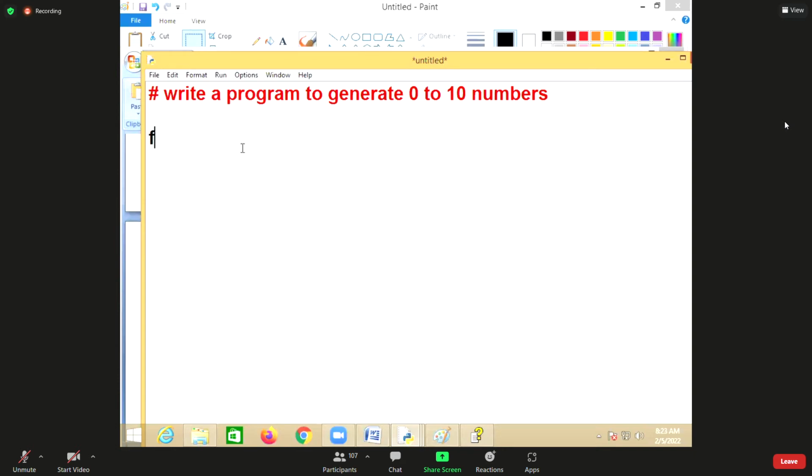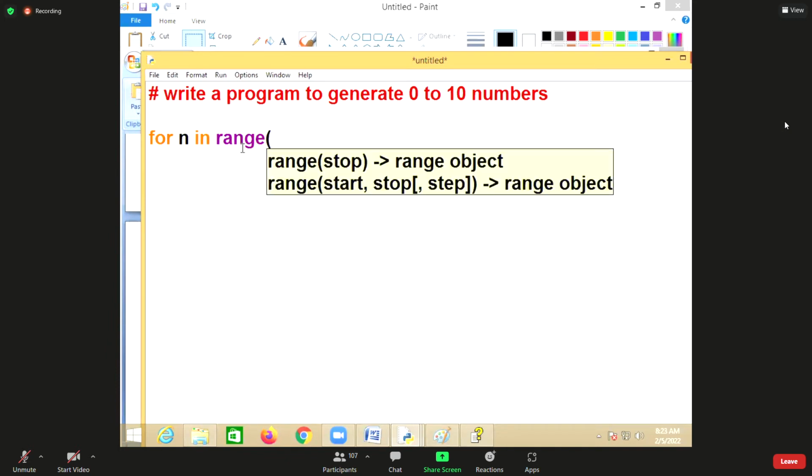Tell me, I'm writing like this: for n in range. The name of the variable is n; any variable name you can take. Now tell me what is the stop? 10 or 11? 11.